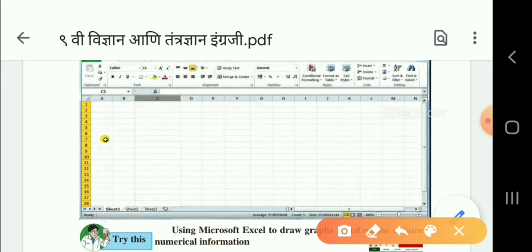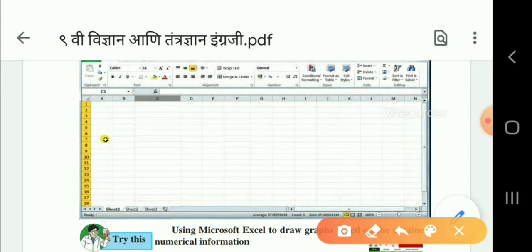The second point is that many times we drag and fill. Suppose the name in the column is very long, then you can drag and fill the full data. Many times we drag and fill data, and at such a time the smart tag can be used for dragging data to fill any data in any manner as required. Third, once the data has been entered, it can be formatted in different ways.